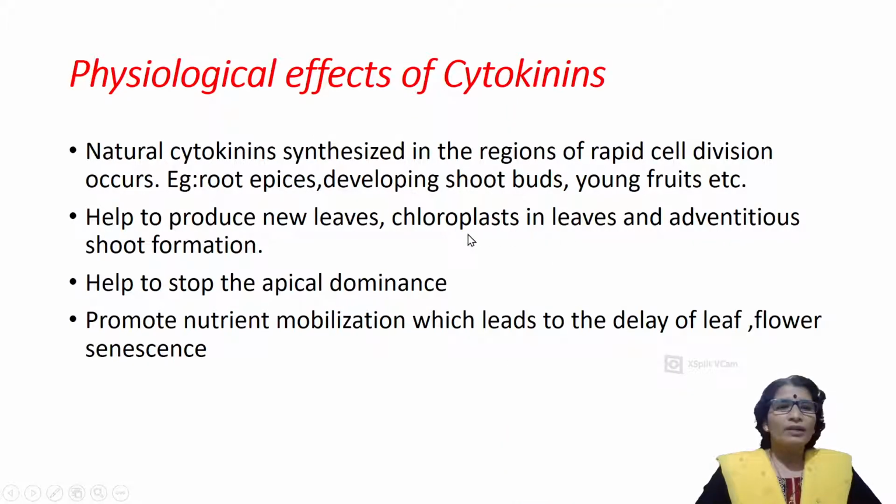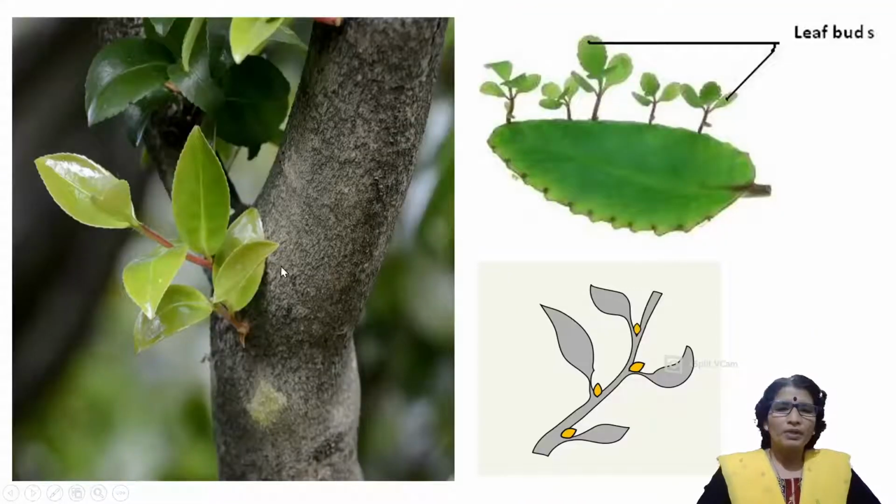cytokinins produce adventitious shoot formation. What is adventitious shoot formation? Here, adventitious shoots develop from leaf, stem, or from even root also. Here, this is bryophyllum leaf. Along edge of the bryophyllum leaf, you can see adventitious buds developed. Each and every adventitious bud developed into a young plantlet, and here directly the trunk of tree is producing some